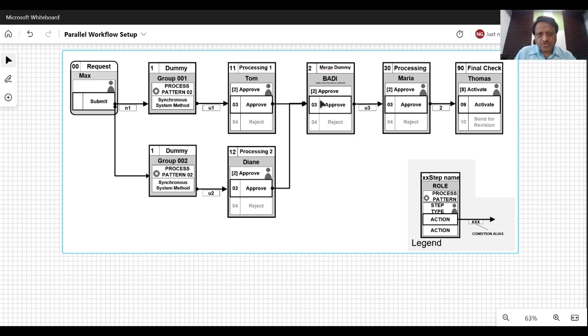At step number 2 there is a body implementation, and from 2 we need to move to the step number 30, so let's map this from 2 to 30. Once our branches are completed, then from 2 to 30,